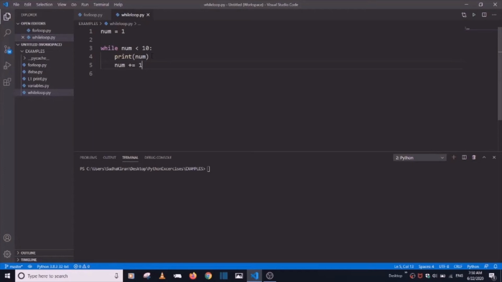Let me show you another way. You can just do num equals num plus 1. Now these two are the same thing, but this is a shorter way of writing it. I prefer the shorter way, but it's your personal preference which way you want to write. I'll do it that way. Now if we run it,